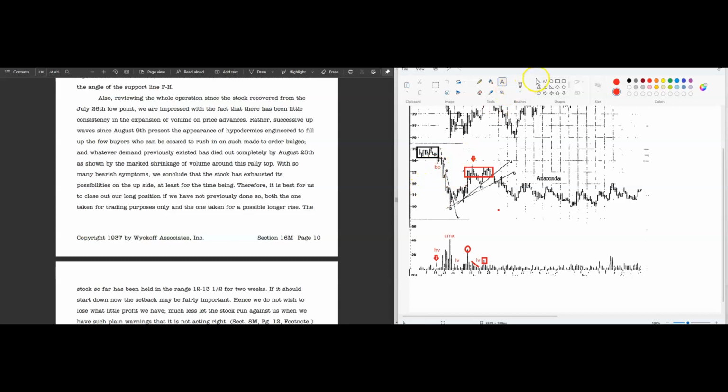And you'll notice that he doesn't say it, but you all know what happens up here, right? It's a test. That upthrust is testing. And you have volume increase there, but it has no follow through. So what happens? It pulls back. What happens on the pullback? You have low volume on the pullback instead of high volume, which means what? Retest. Retest happens, but it has a little bit of a surge and suddenness in volume, which is basically